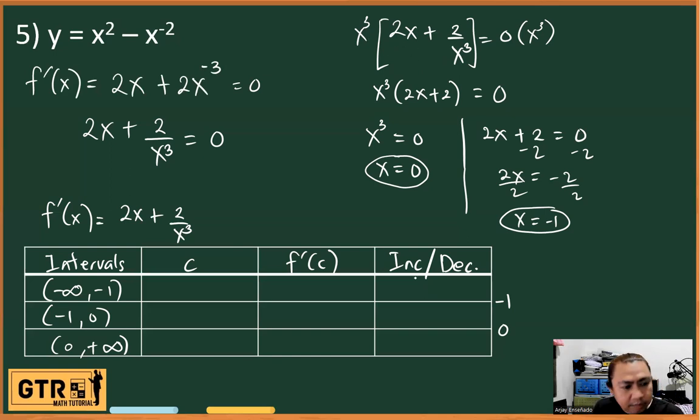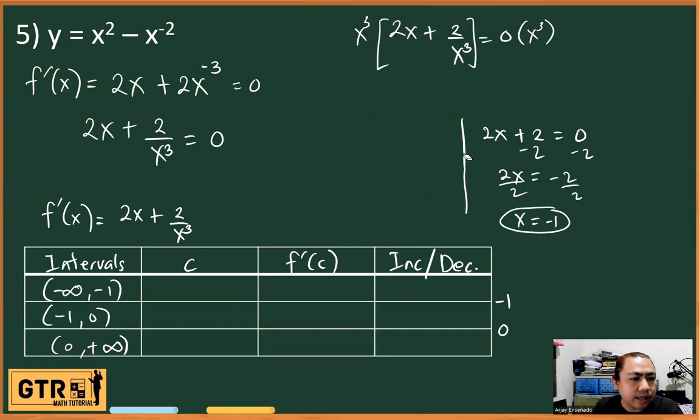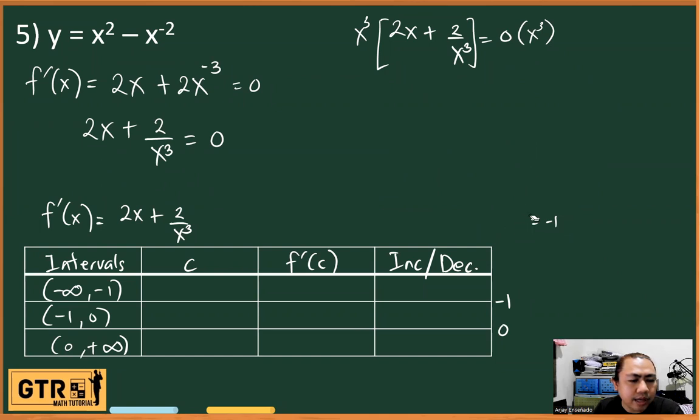Minultiply natin both sides by x cubed. Both sides dapat, sa kabila ay ito lang dapat yung i-multiply natin. So correction pala to. Correction natin, ulitin natin. Correction pa tayo sa last number. So multiply both sides by